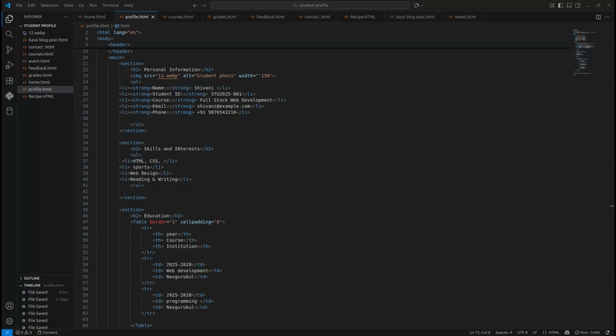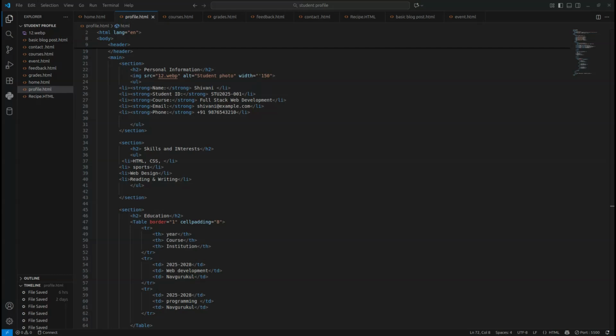I use a doctype here, and it is not shown here, but I use it. Now I will explain these tags and how I made this page. Then I use a header, which is basically used for giving a heading or subheading to our tags. And then I use a main, which contains